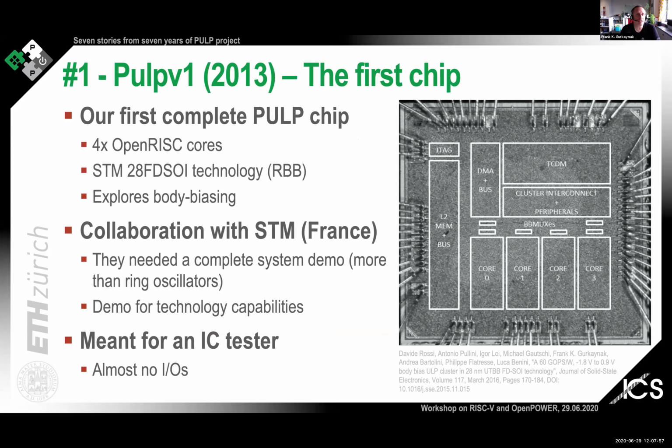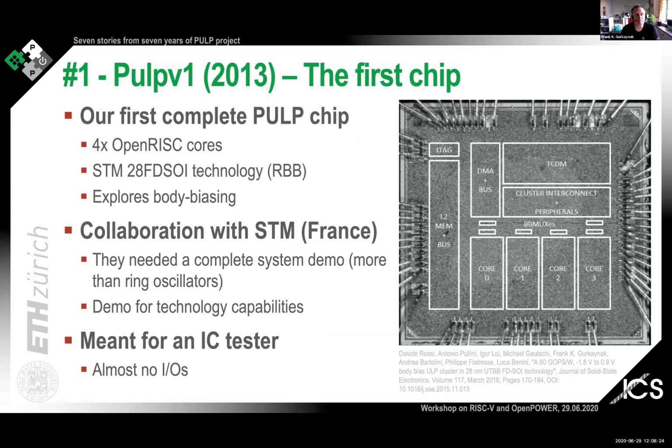At that time, we weren't giving nice names, or I wasn't forcing people to use more names. So the chip was simply called PULP. It's our first chip, and it actually was in a fairly advanced technology at the time. In 2013, this was in ST Microelectronics 28 FDSOI technology. And we started with a bang, let's say. We had 4 cores on this chip, shared memory, second level memory.